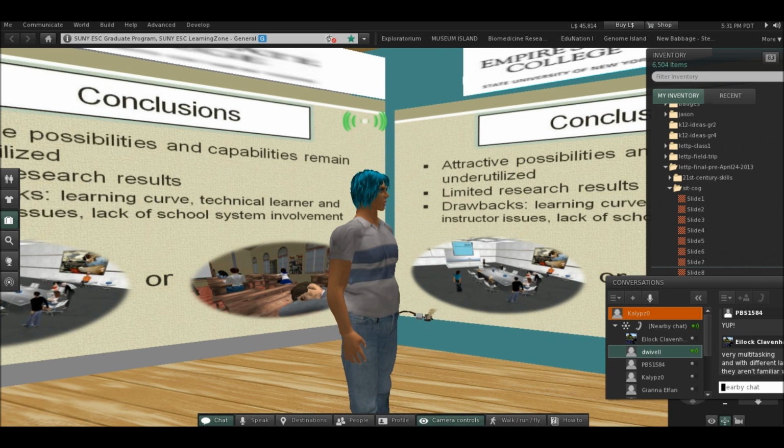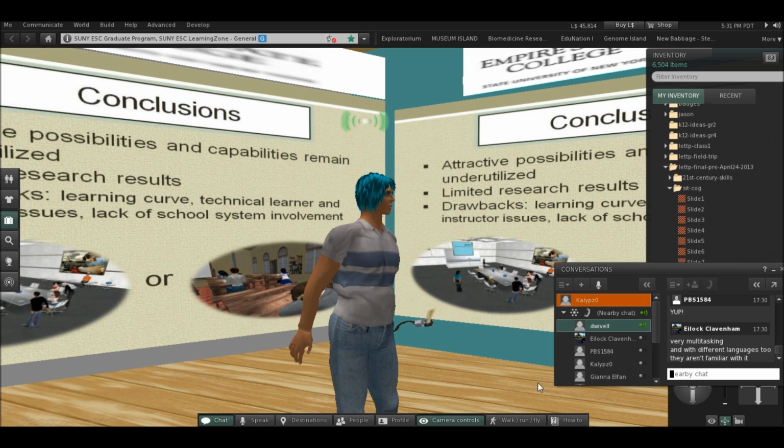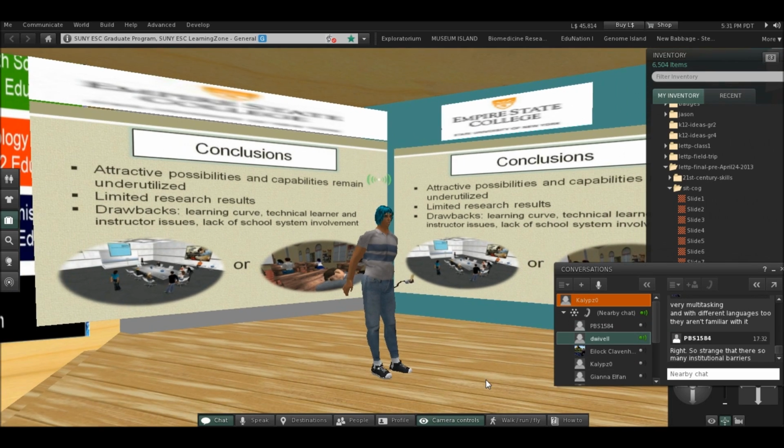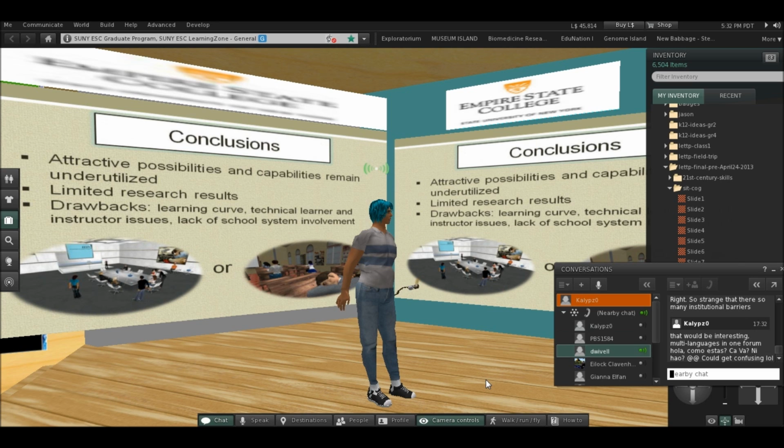If you want to have a group participate in an activity in virtual reality, you have to have them synced up. You have to have a synchronous time. You have to have them all in the area at the same time. Geography makes no difference. Geography is a strength if you have a dispersed population of people who want to participate, because you can bring people from all around the world together in the same room at the same time, but it has to be at the same time.